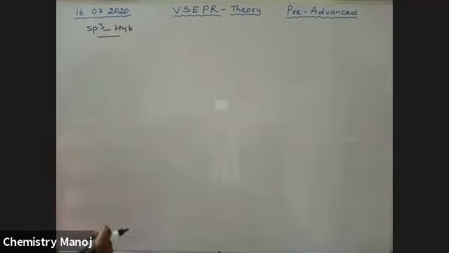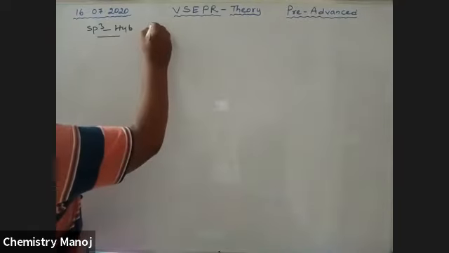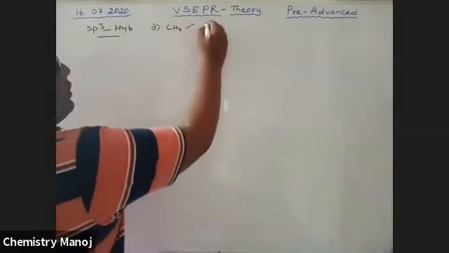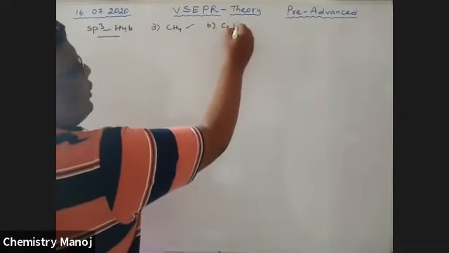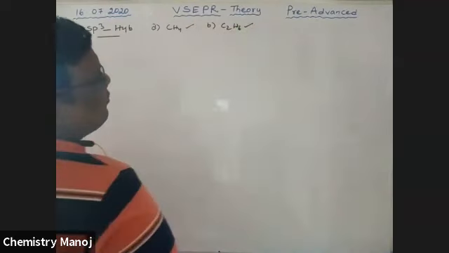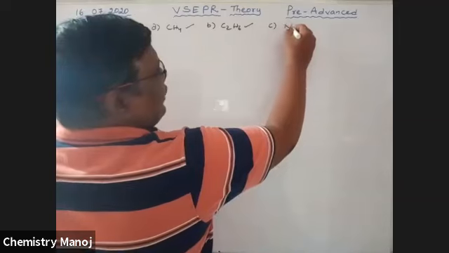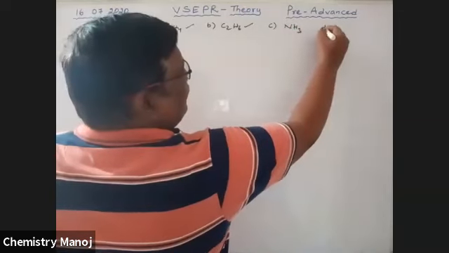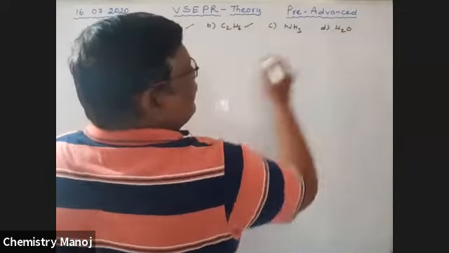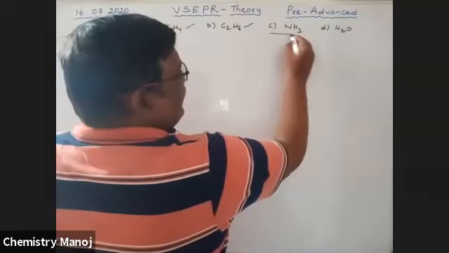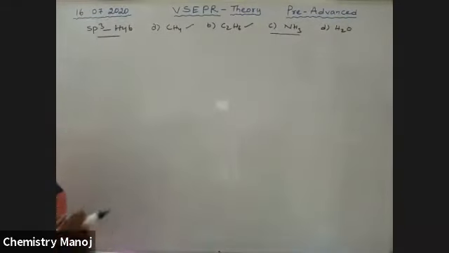So now there are certain examples. The first one is methane molecule, already completed. Second one is ethane molecule, C2H6, this one also completed. In our syllabus, third one is ammonia molecule and fourth one is water molecule. Now our topic is, what is the shape of ammonia molecule according to VBT, particularly sp3 hybridization?